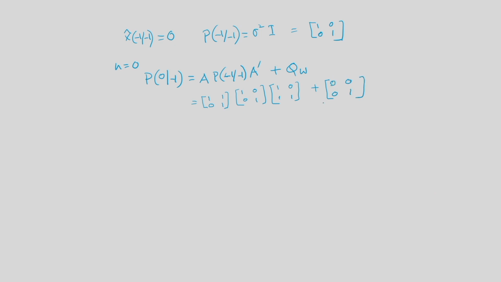So, we can carry out this computation, and we will get this as 2 1 1 1. So, this is the a priori